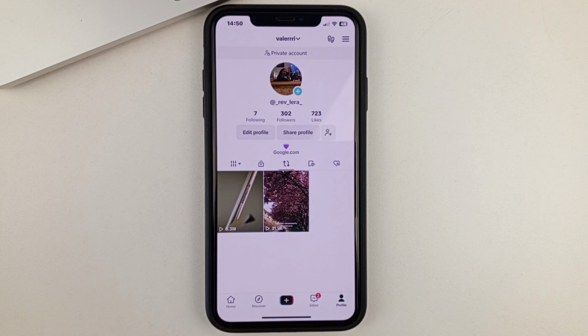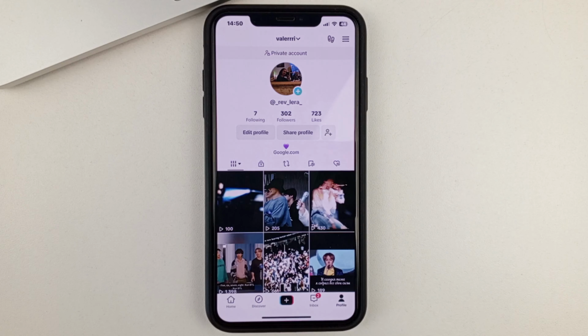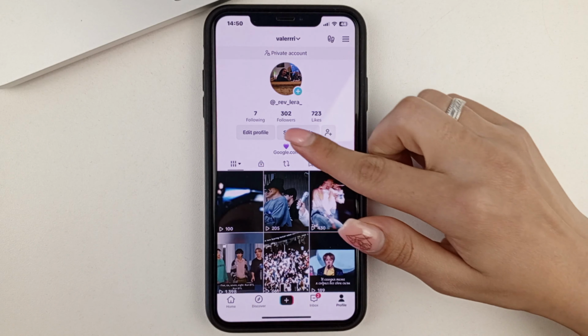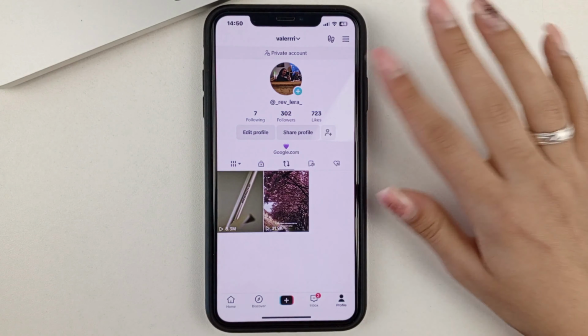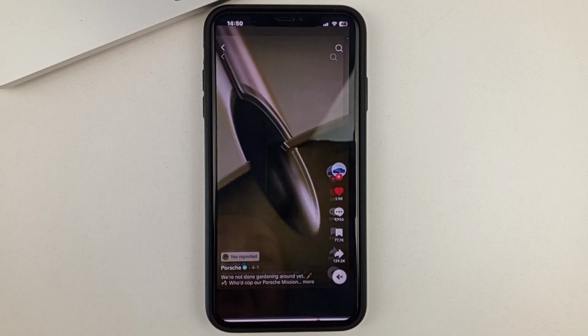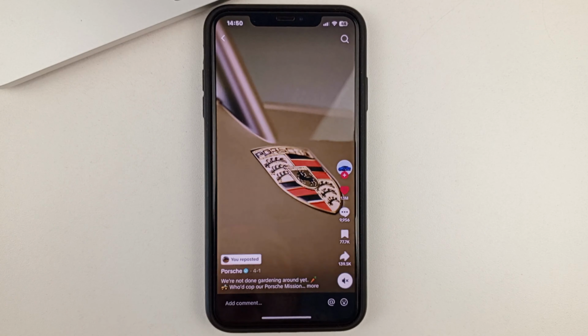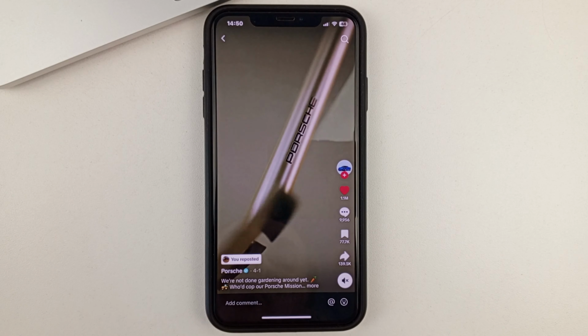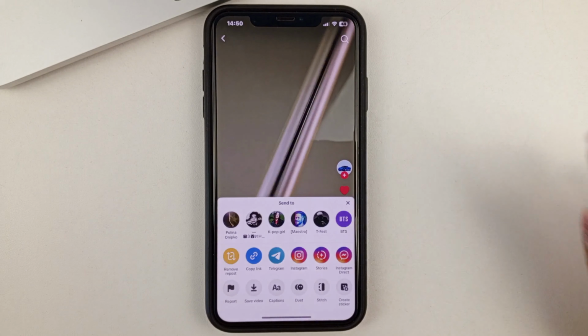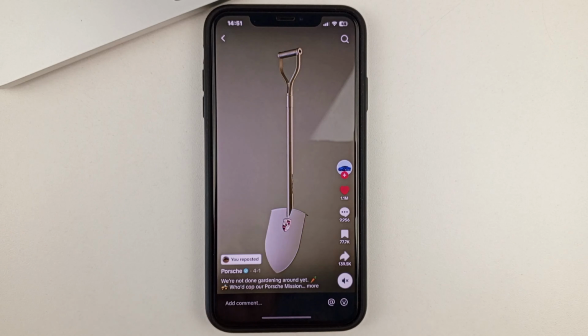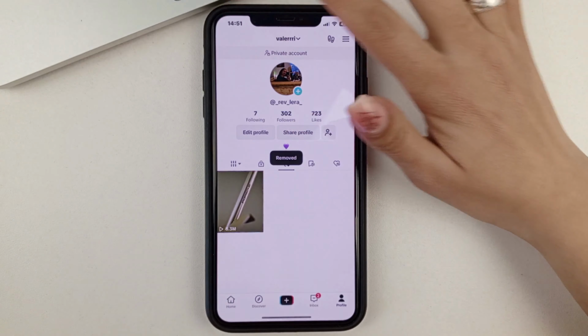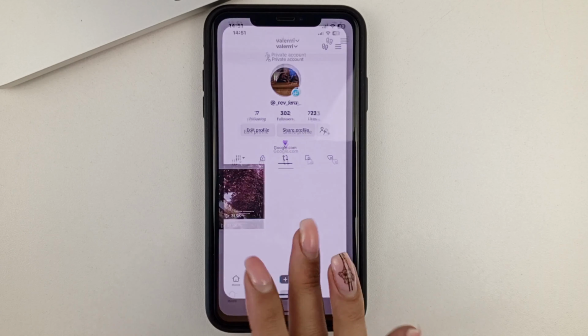But what if it's a video that you watched some time ago and you want to delete it? Then after you go to your page, you go to the repost section and you see there's a video that you added. And in order to delete it, you also click on the delete repost arrow. And that will delete the video.